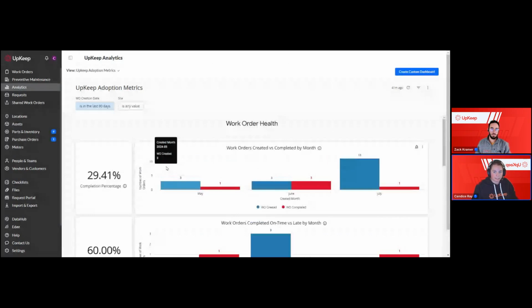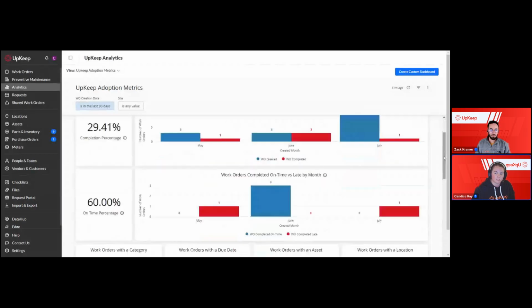So first things first, analytics. Once you log into your account, it'll be the third feature on your left-hand side. The first report that you're going to see once you click into analytics is the adoption metrics. This is a pre-built report that UpKeep provides to you guys, and this report is designed to show you how